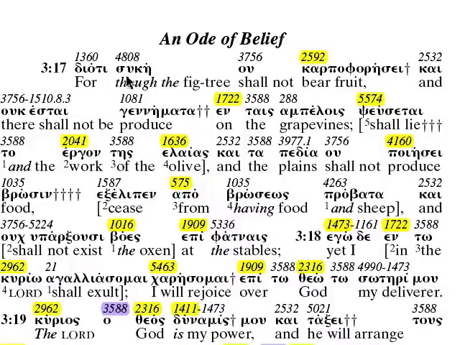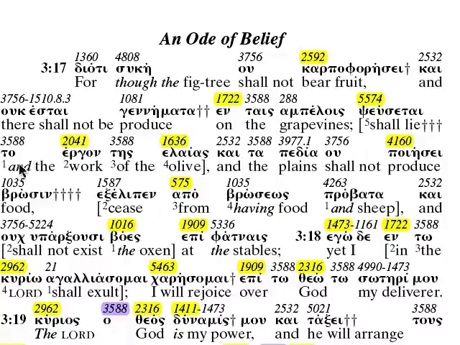For though, I put the "though" in there, for though the fig tree, because this is what I see as it hasn't happened yet. It's possible. For though the fig tree shall not carpophorisi, what carpo is has to do with fruit. It's a prefix, and phori is bearing. There are different kinds of phori. There's something that bears something. Though the fig tree shall not bear fruit, and there shall not be produce on the grapevines,